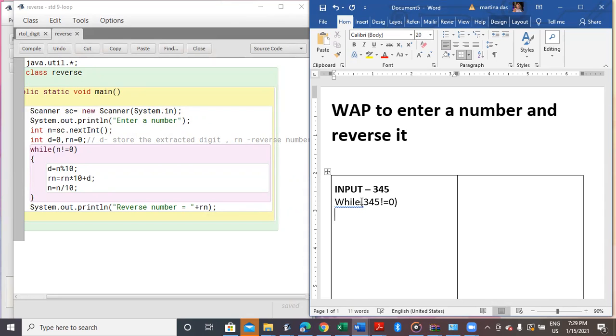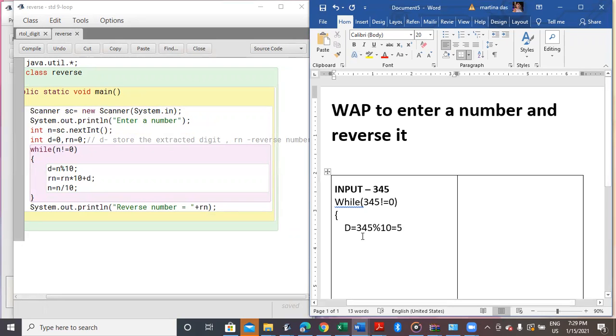So this is not equal to 0. So the first digit that will be extracted is d equals 345 modulus 10. Now as you know, modulus gives me the remainder. So the remainder when dividing with 10 is 5.